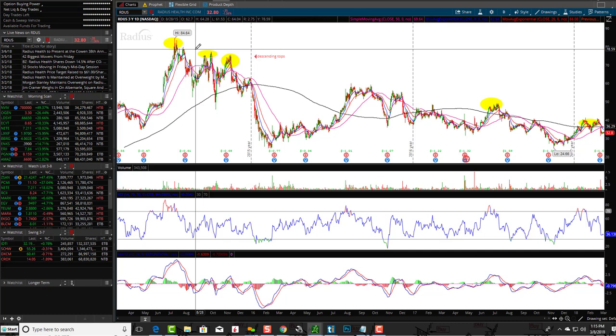Finding the trend, is it overall in an uptrend or downtrend? Then finding the patterns within the big overall trend, and then the patterns within the patterns, and then trading accordingly